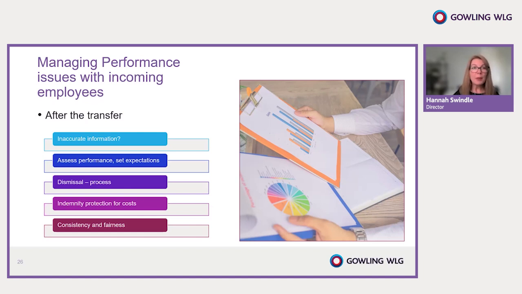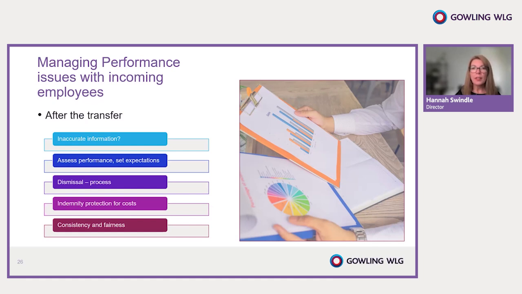Of course, employees still currently need 2 years service to claim unfair dismissal, but as we know from the government's changes that they're proposing, from next year this is going to change. And so it's going to be a day one right that employees can claim unfair dismissal. And it's also important to remember at the same time that employees have other protections now from day one anyway, such as discrimination, and that those rights could be triggered if the employee is dismissed and they haven't been treated